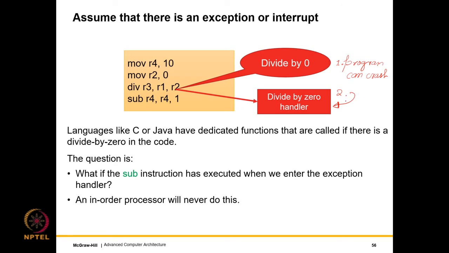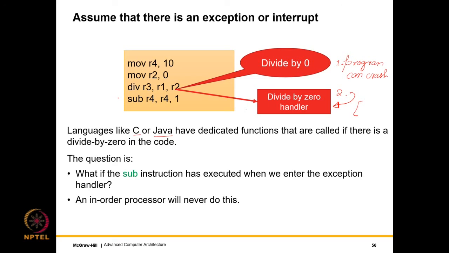The exception handler is another small function which is called, it shows you a message on the screen that look, you have divided by 0, that is an illegal operation, and then we either continue executing from there or we jump to some other function and start executing that. So this is the typical flow of a program whenever an exceptional condition of this nature is encountered. So almost all high level languages such as C or Java have features to write your own exception handlers if the programmer somehow messes up, but you still don't want the program to crash.